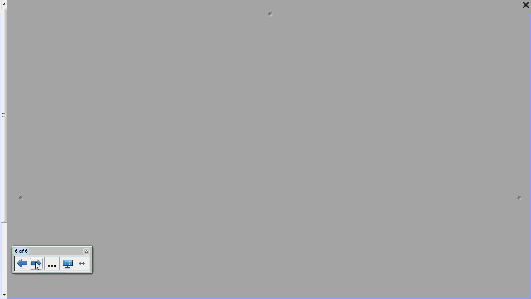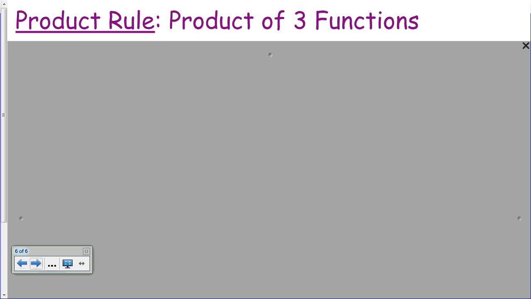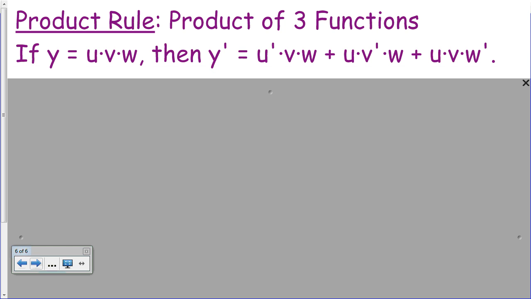All right, one last thing for us to look at here is what happens if we extend this beyond two functions, which is what we've been working with. What if it's the product of three functions? And for that matter, if we extended it even further to more than three functions. So if it turns out that you've got the product of three functions, let's say we call those three functions u, v, and w. If y is equal to u times v times w,